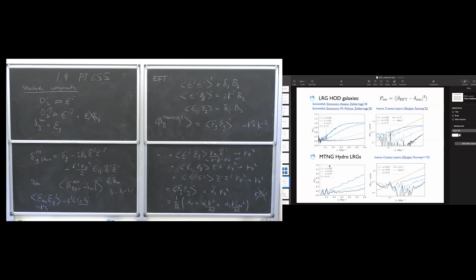Now, how to convert these modes into actual cosmological parameters, this is another story, right? But